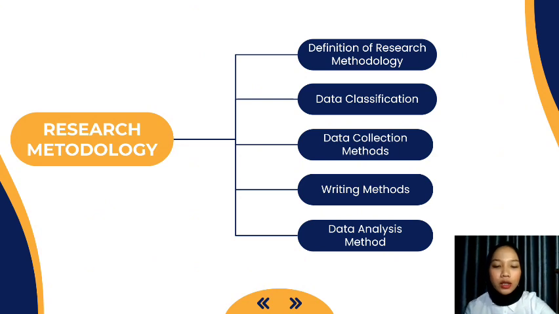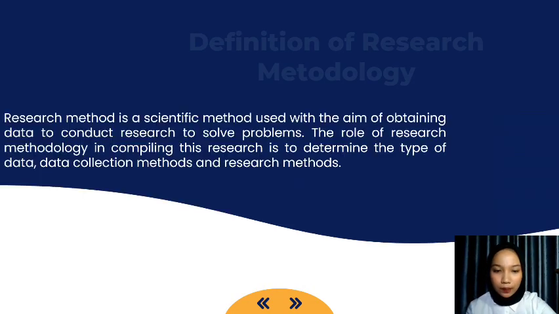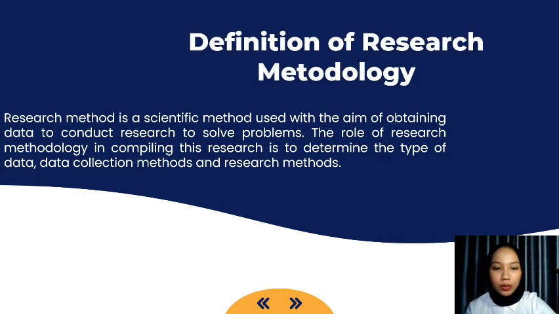Furthermore, there is research methodology. 1 is the definition of research methodology. 2, data classification. 3, data collection method. 4, writing methods. And 5 is data analysis method. Definition of research methodology: research methods are steps taken by researchers in order to collect information or data to assist